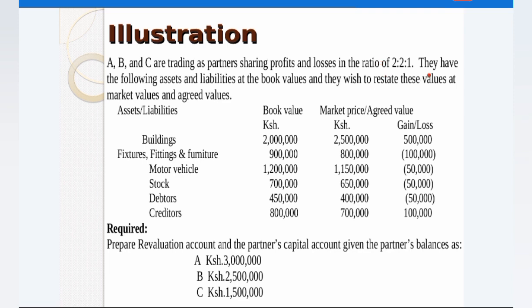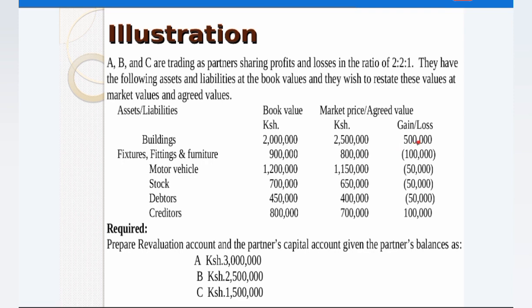And you are told that they have the following assets and liabilities at the book values, and they wish to revalue, or in that case, restate these values at the market value and agreed values as follows. So we have the asset, the book value, the market value or the agreed value, then the gain or loss. So we have the buildings with a book value of 2 million, but a market value of 2.5 million, meaning